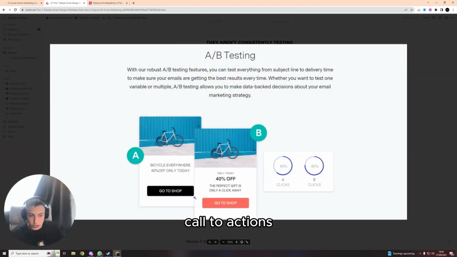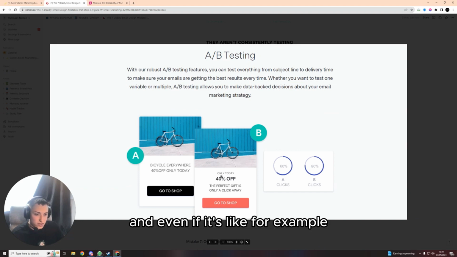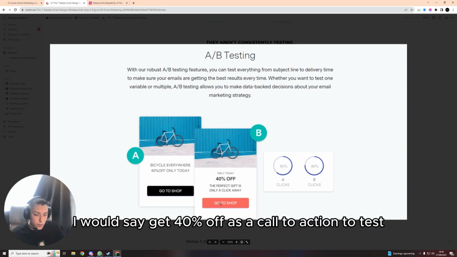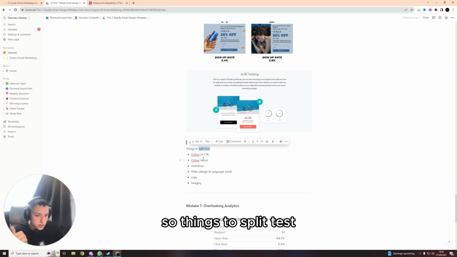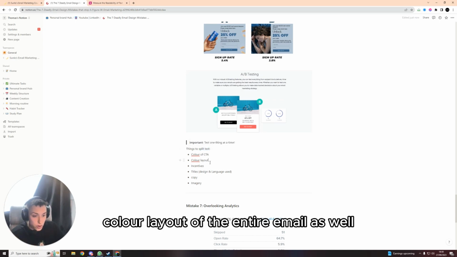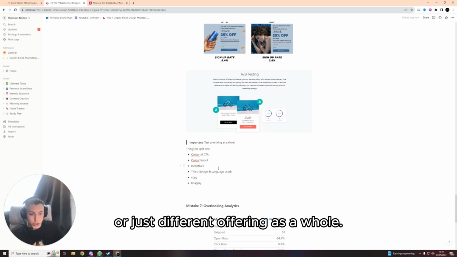Lastly as well, call to actions. I would definitely advise split testing different colors for call to actions, and even if it's, for example, an offer here like only 40% today, I would say get 40% off as a call to action to test. Just small things like that. So things to split test: color of call to action buttons, color layout of the entire email as well within your brand guidelines, incentives to split test, so how you actually frame your offer or just different offerings as a whole,